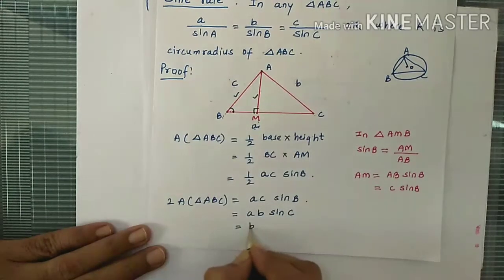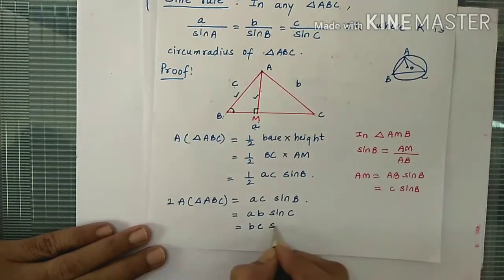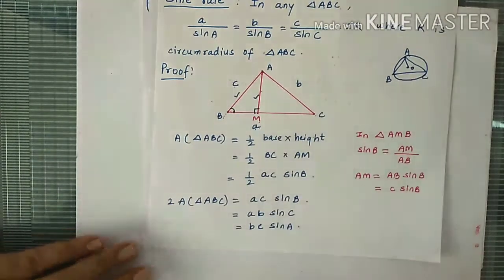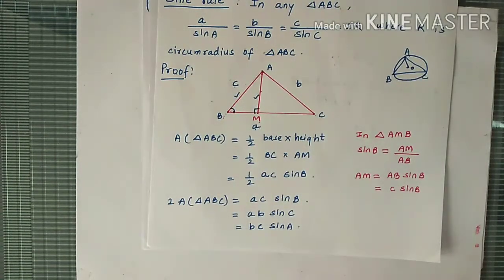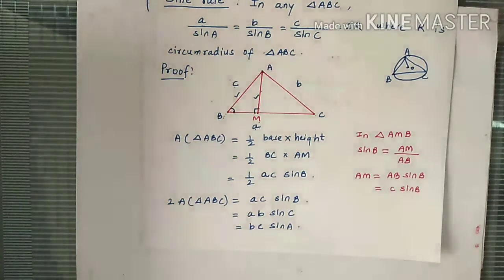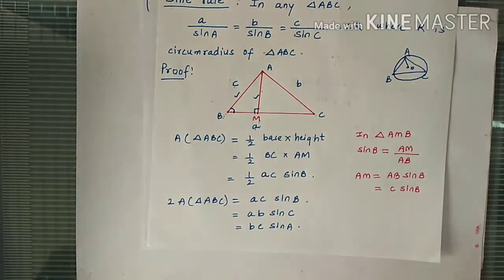So this is equal to BC sine A. So we now have 3 formulas for area of triangle ABC. 2 into area of triangle ABC is AC sine B equals AB sine C equals BC sine A. So equating these 3, we get